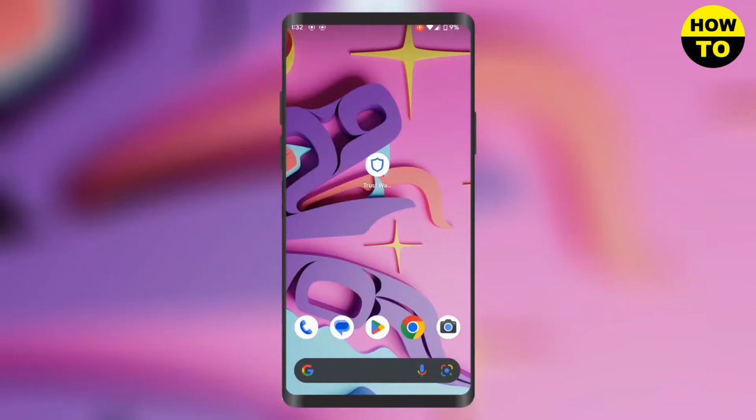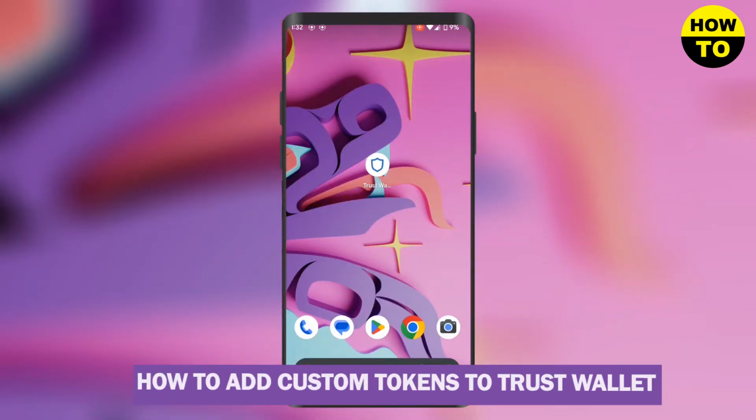What's up guys, in this video I'm going to show you how you can add a custom token in your Trust wallet. So first you need to open up your Trust wallet and then here you need to enter your passcode,